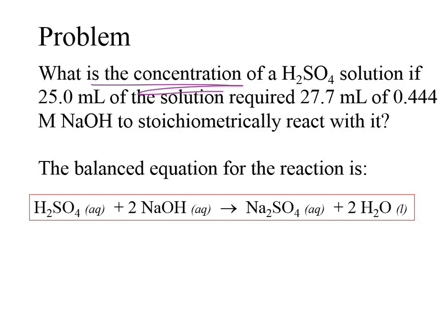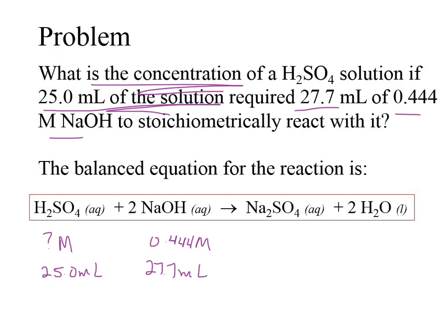So find H2SO4, question mark M. If 25.0 milliliters of the solution, that must be H2SO4 too, required, and then we have two things about the NaOH. We have 27.7 milliliters and we have